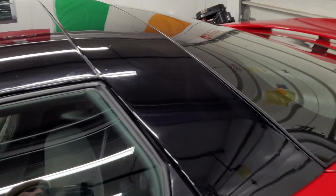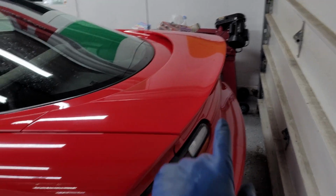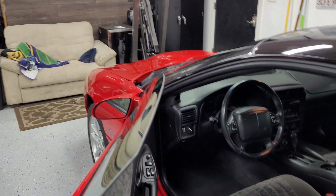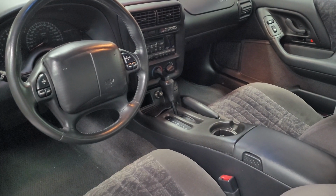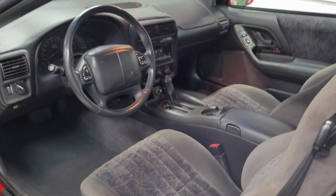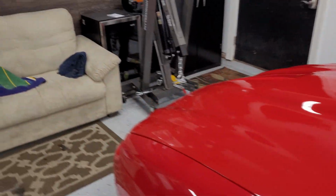This has got the hardtop, super base model car as far as, it is an SLP car, obviously. So it's got the spoiler, wheels, SS badging, hood, etc. But cloth interior. They did opt for the automatic transmission, but other than that, it is a pretty bare bones, late 90s, early 2000s Camaro, as you'd expect for a